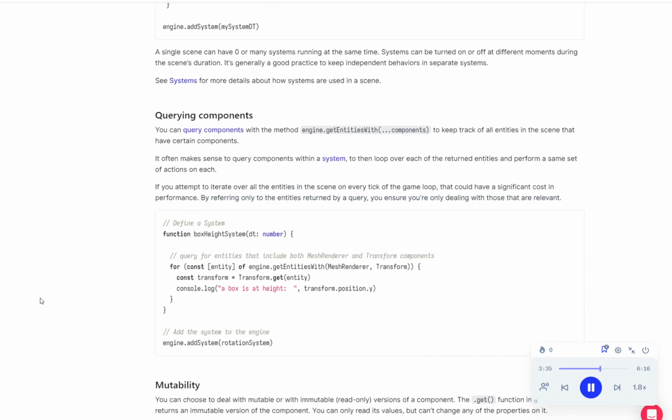// define a system function boxHeightSystem(dt: number) { // query for entities that include both MeshRenderer and Transform components for (const [entity] of engine.getEntitiesWith(MeshRenderer, Transform)) { const transform = Transform.get(entity) console.log('box is at height', transform.position.y) } } // add the system to the engine